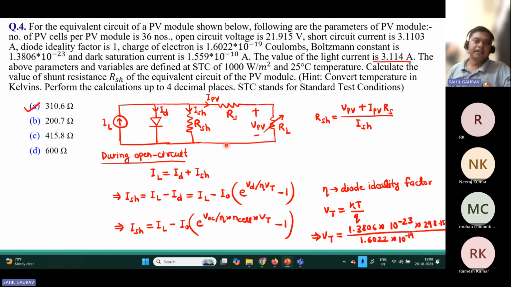And this is for the open circuit condition. So for this open circuit condition,